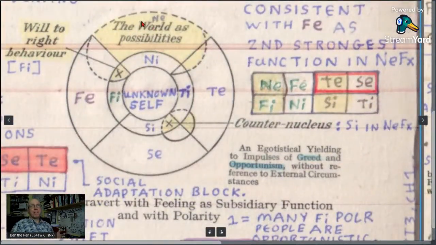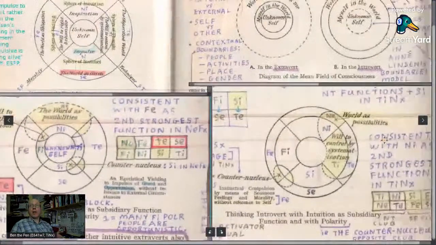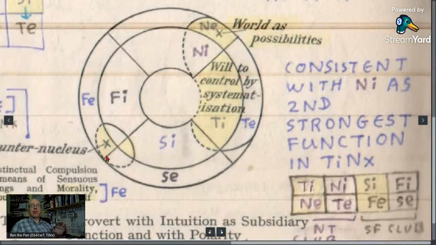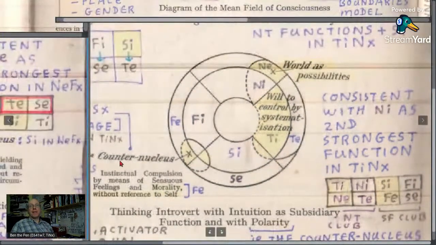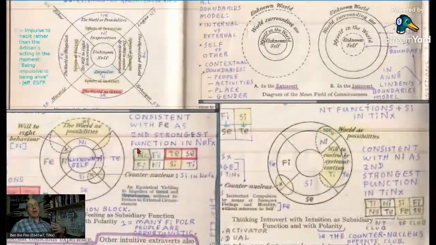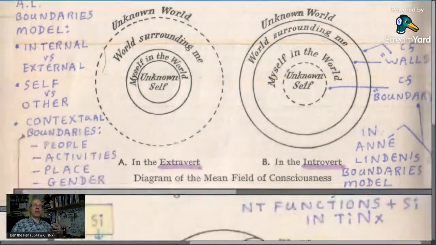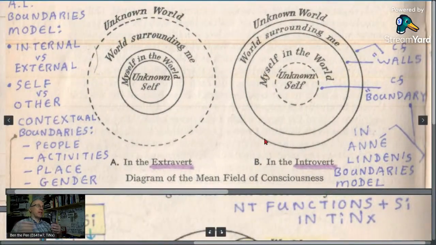So for instance, ENFP, you've got NF club, ST counter club, and then we've got a rational, NT club, SF counter club, or we would call it a counter nucleus in the field of conscious orientation. But getting on to, let's have a look at extroverting now, because then I want to get on to another factor in my model, and that is the importance of default versus situational.